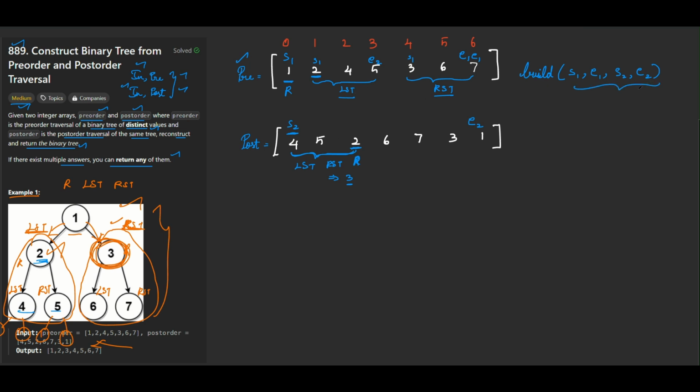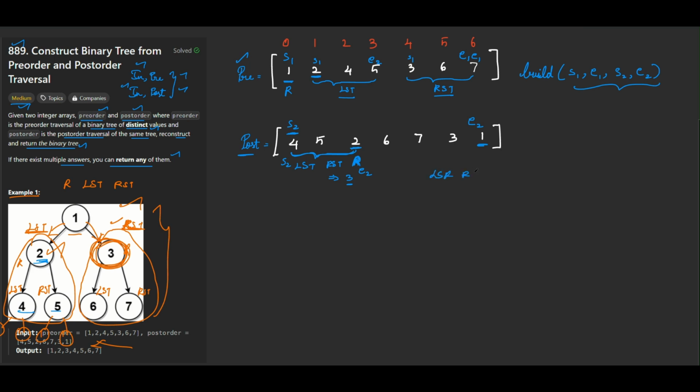That is why we have to make two values ready along with each other. We have already figured out the size of the left subtree. So this is going to be the new starting point, and this is going to be the new ending point for the left subtree in post order traversal. And we always know that in post order traversal, the root value of the whole tree will always be at the end position, because of this rule,